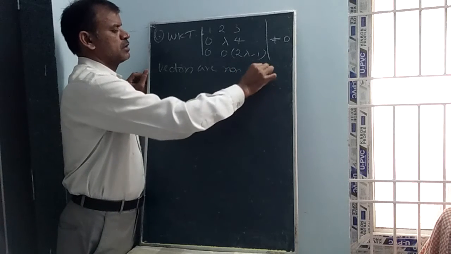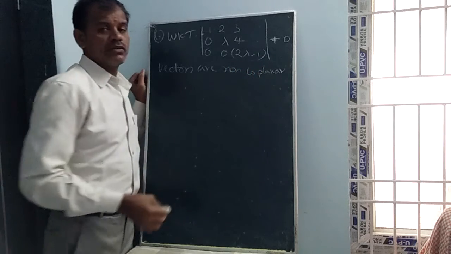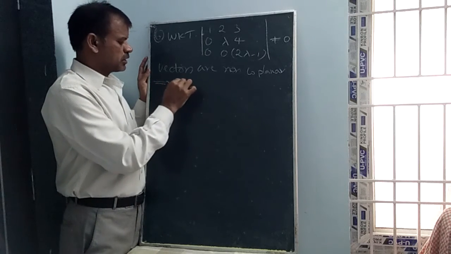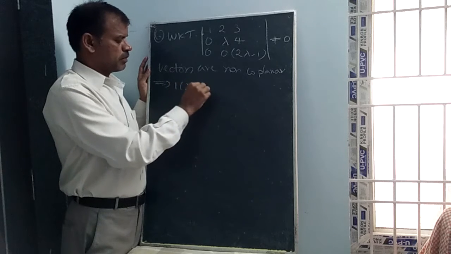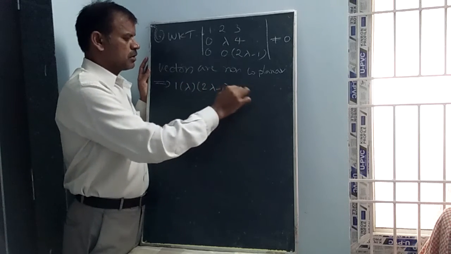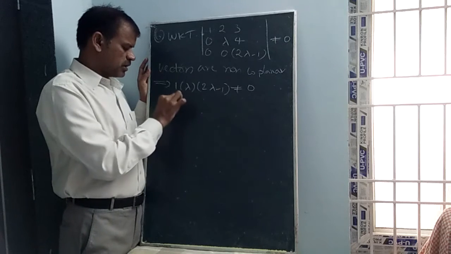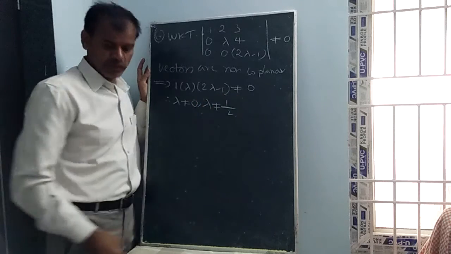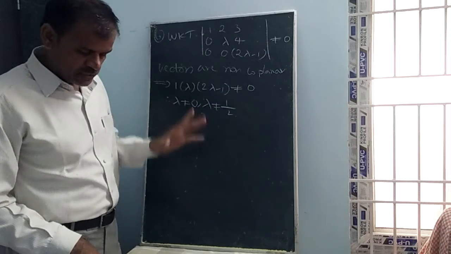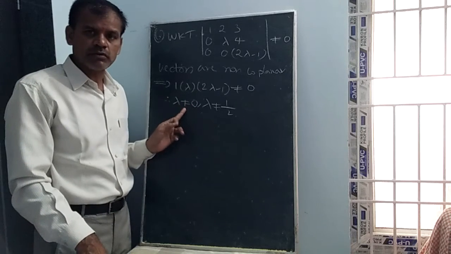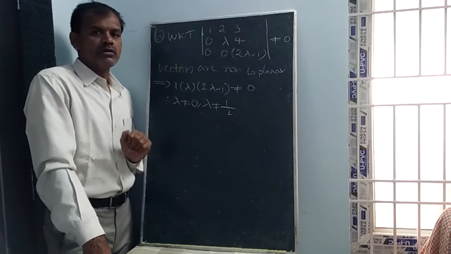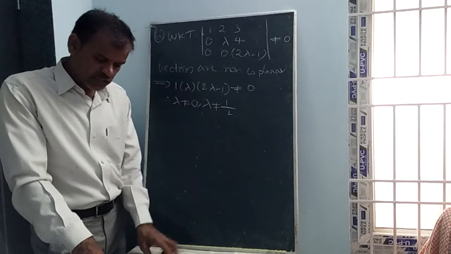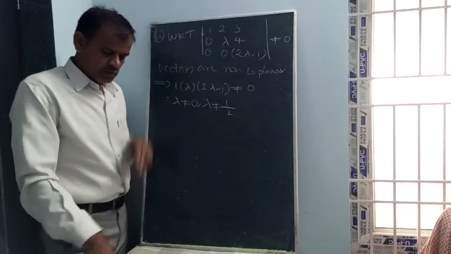Whenever he gives that the vectors are coplanar, then you can write the determinant is 0. Now determinant not equal to 0. While calculating that directly, we can write here 1 into lambda into 2 lambda minus 1 not equal to 0. Therefore, lambda not equal to 0, lambda not equal to 1 by 2. Now see the options: all except these values. Lambda should not be equal to 0 and lambda should not be equal to 1 by 2. Except these values, this is right for everything. So all except 2 values of lambda, this is true. So option 1.